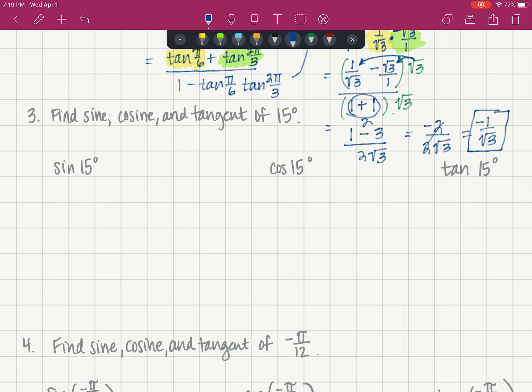But you can see here, number 3, we're going to need to find the sine of 15 degrees, the cosine of 15 degrees, and the tangent of 15 degrees. If you go around your unit circle, we've got 0, and then we go to 30, and then 45 degrees. There is no 15 degrees on the unit circle. Therefore, we can't just find the sine of 15 degrees without using a calculator. But we can